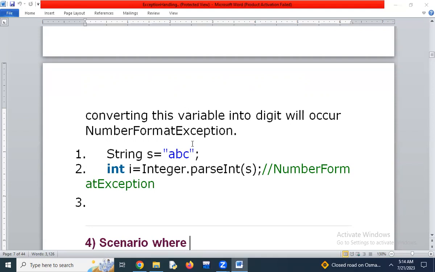Remember this. When I am entering a value, it might be taken as a string because of command line arguments. If I apply typecasting in that case, it causes a number format exception.